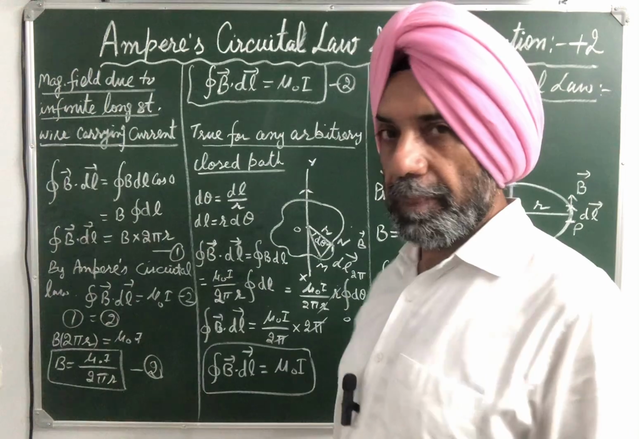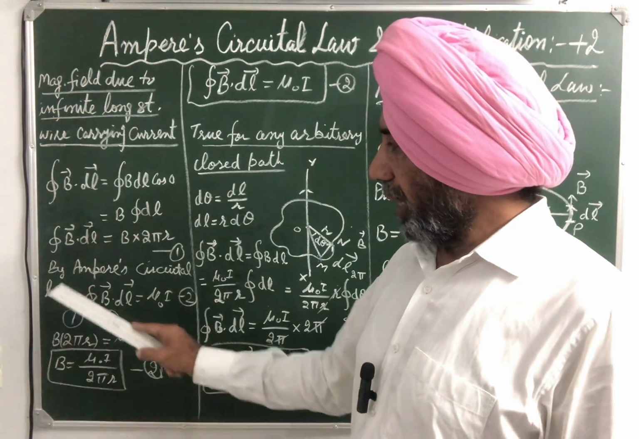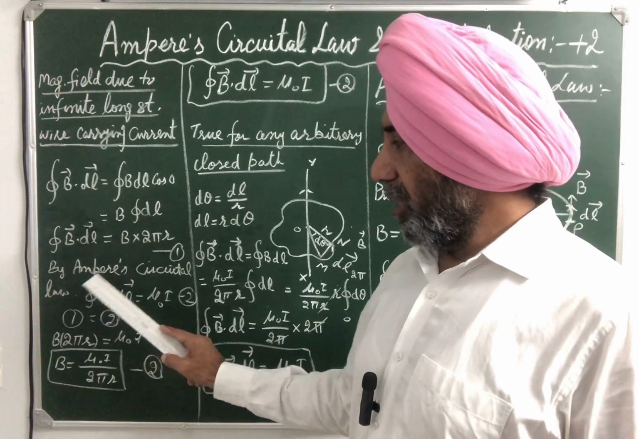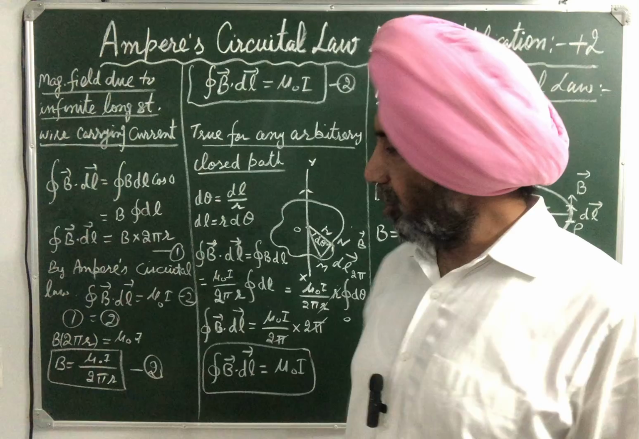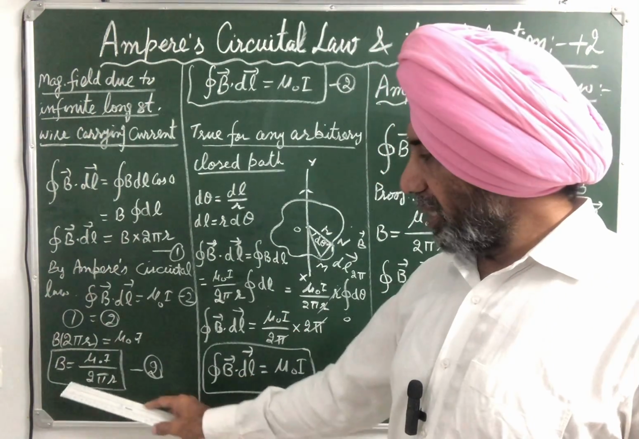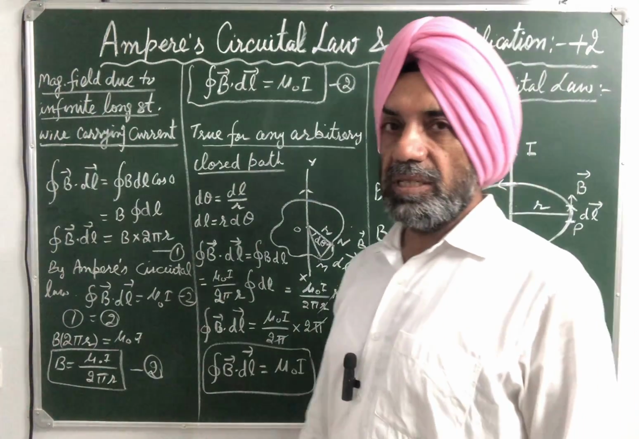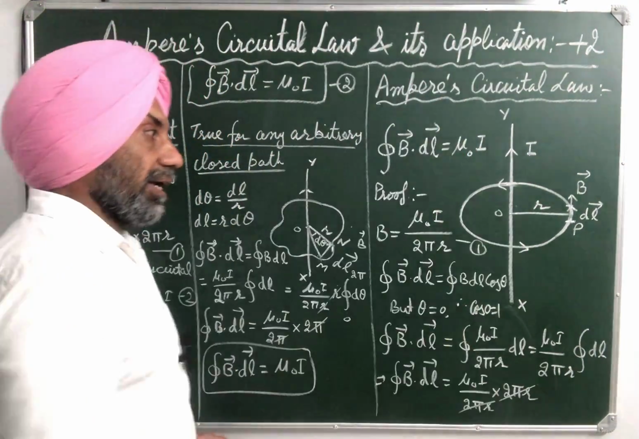So that is equation number 1. Now we are doing the application of Ampere's Circuital law. By Ampere's Circuital law, the line integral of B dot dl over the closed path is also equal to mu naught times I. So compare these two equations and you get the result. So B into 2 pi r is equal to mu naught I, or B is equal to mu naught I by 2 pi r, which is the required expression for the magnetic field due to an infinite long straight wire carrying current